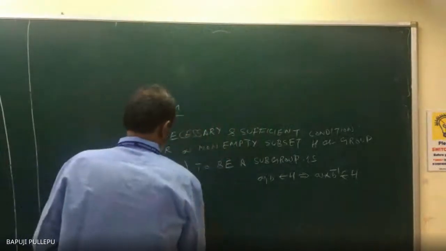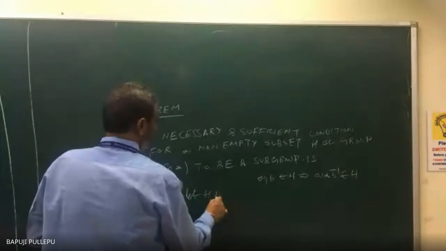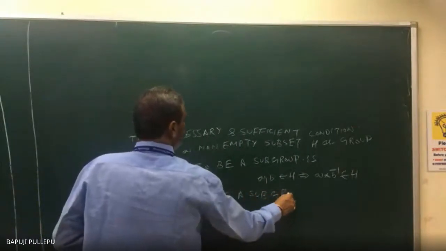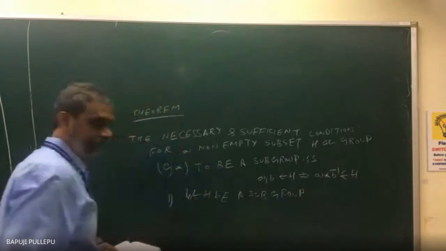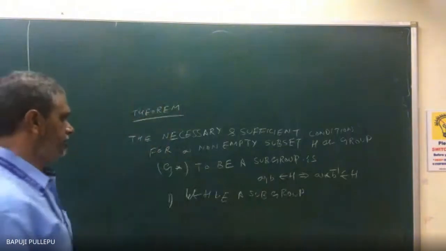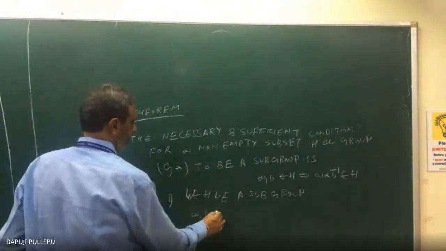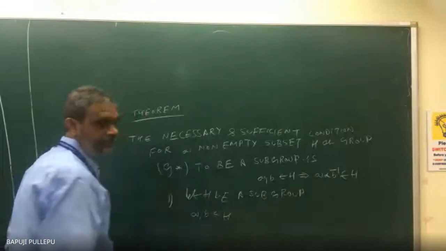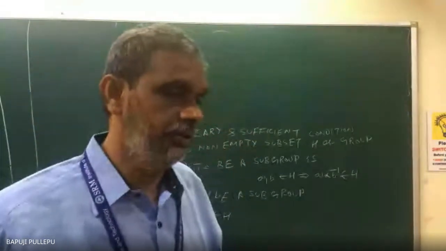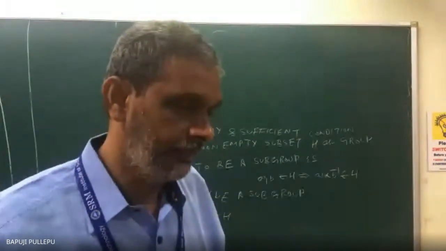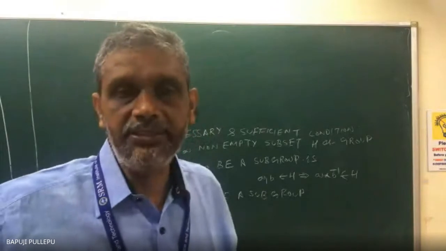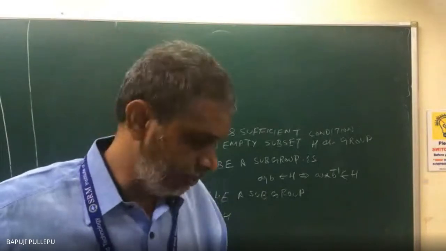Let H be a subgroup. Now I am assuming H is a subgroup. Subgroup means what, you know? A, B belongs to H means A inverse and B inverse also belong to H, or not? Are you agree or not? In a subgroup, if some elements belong to the subgroup, their inverses also belong. That is the only rule, or not? What is the subgroup rule actually?